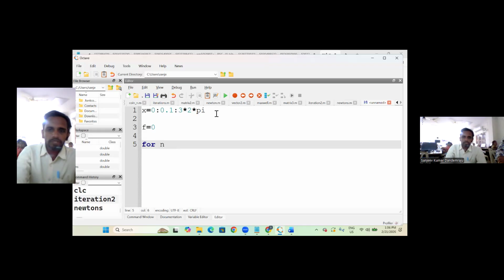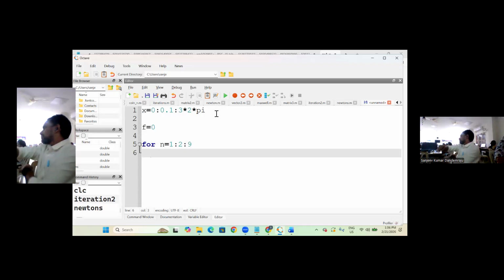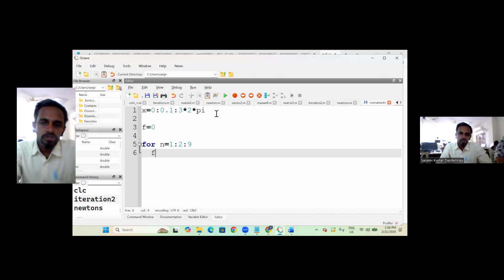So for n equal to 1:2:9, the n value starts from 1, runs up to 9 with a step size of 2. That means it takes 1, 3, 5, 7 and 9. What I have to do? I have to add